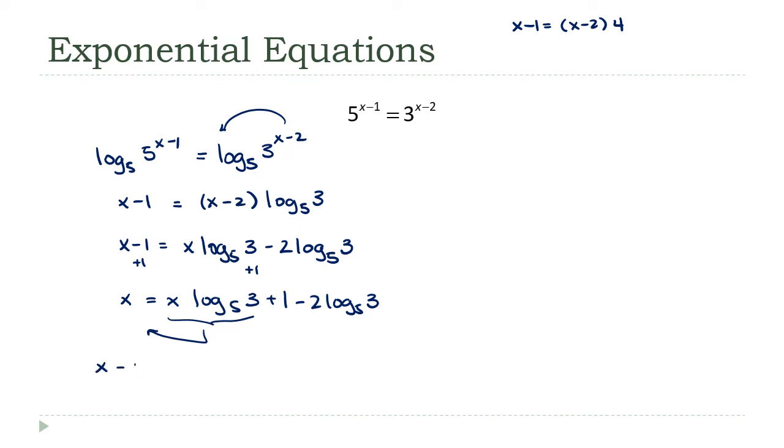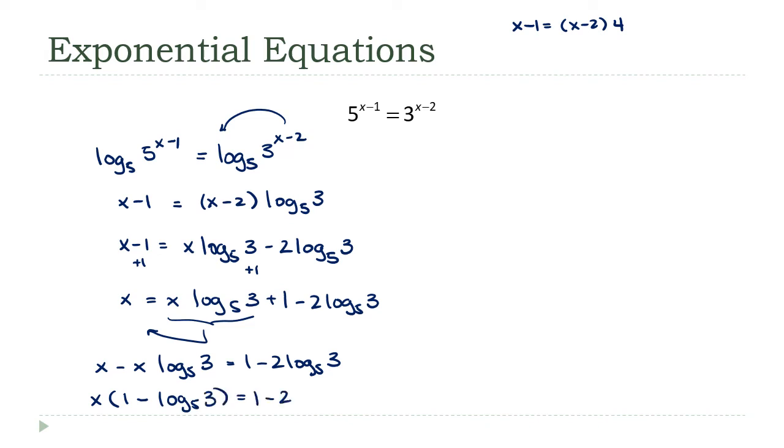x minus x log base 5 of 3 equals 1 minus 2 log base 5 of 3. Okay. Now those two things on the left-hand side, those are like terms, technically. And I really am going to kind of combine them together, but I think it's easier if you think of it as factoring out an x. Right, so if I factor out an x, this becomes x times 1 minus the log base 5 of 3